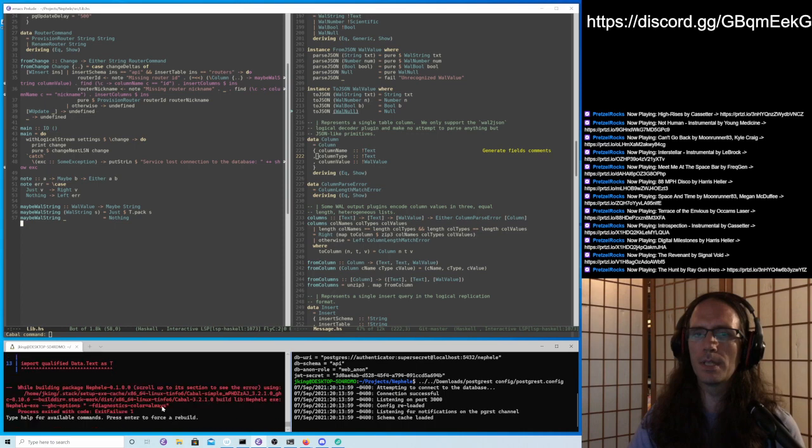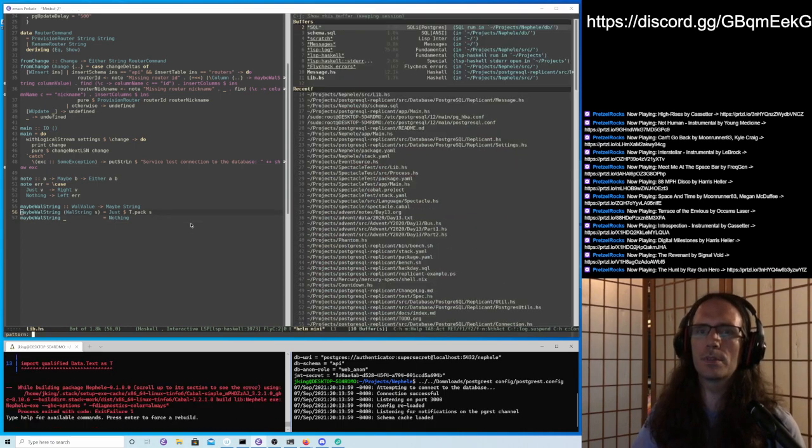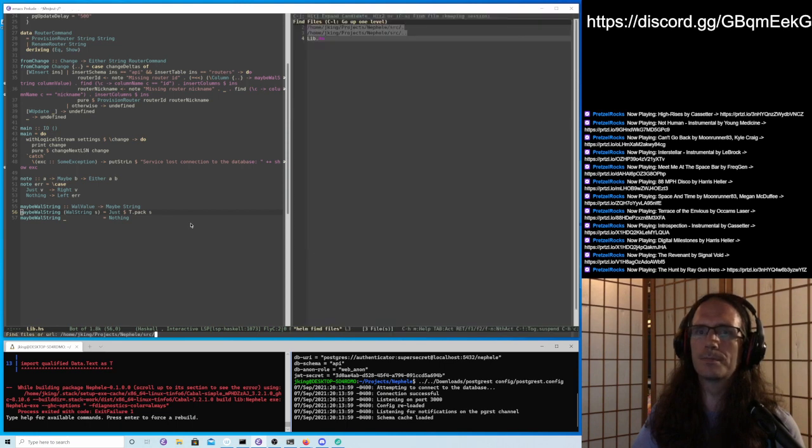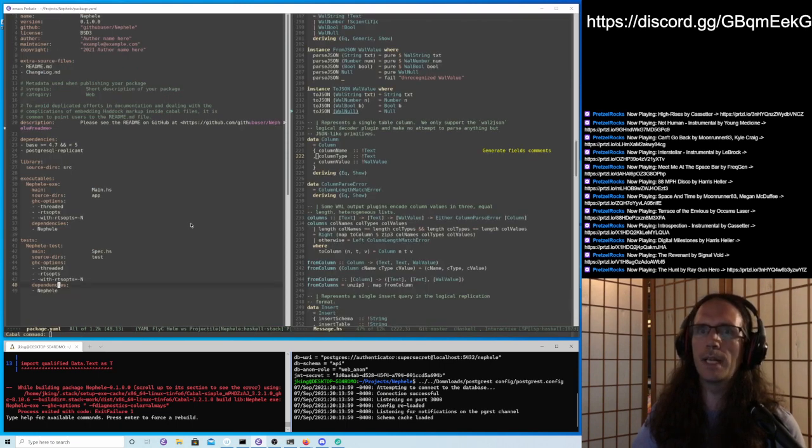I don't have that in our package, so let's add text. It's almost invariably going to be a dependency of pretty much every Haskell package, I think. Text.